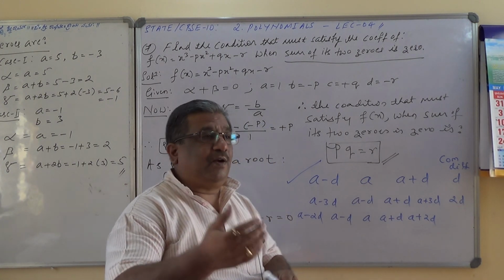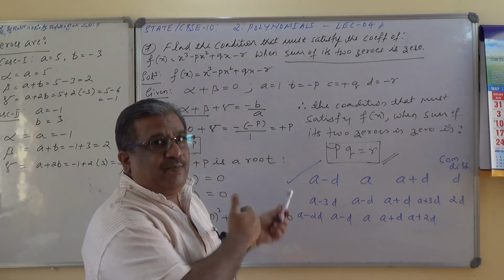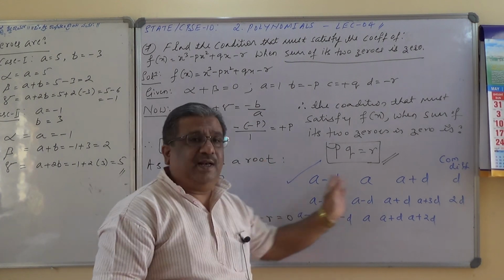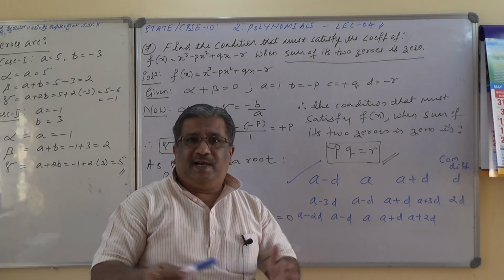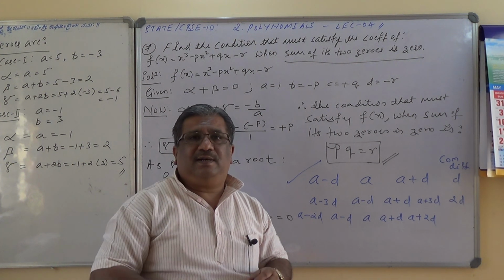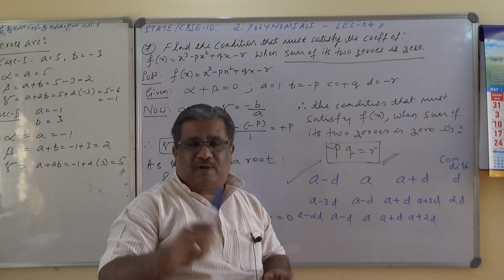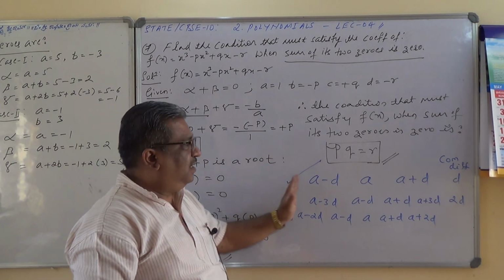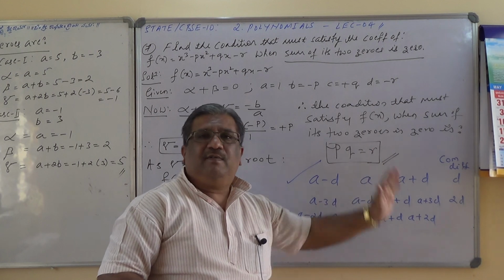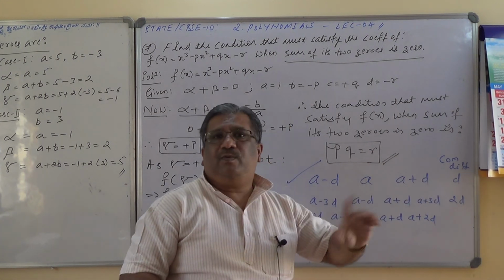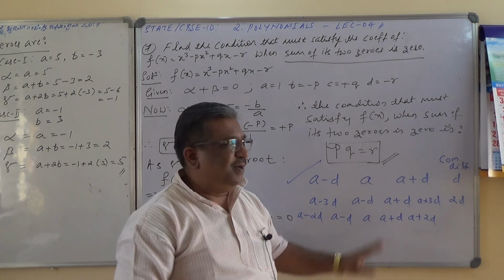So that application is there in this cubic polynomial. If the roots of the given cubic polynomial are in arithmetic progression, find so and so, and that will be there. Want me to take that question? I'll give you this question as an assignment. You have to solve that one because arithmetic progression is done for you people. So you must know how to select three terms, four terms, five terms and six terms, with common difference D, 2D, D, 2D consecutively varying. And you must know about this also.